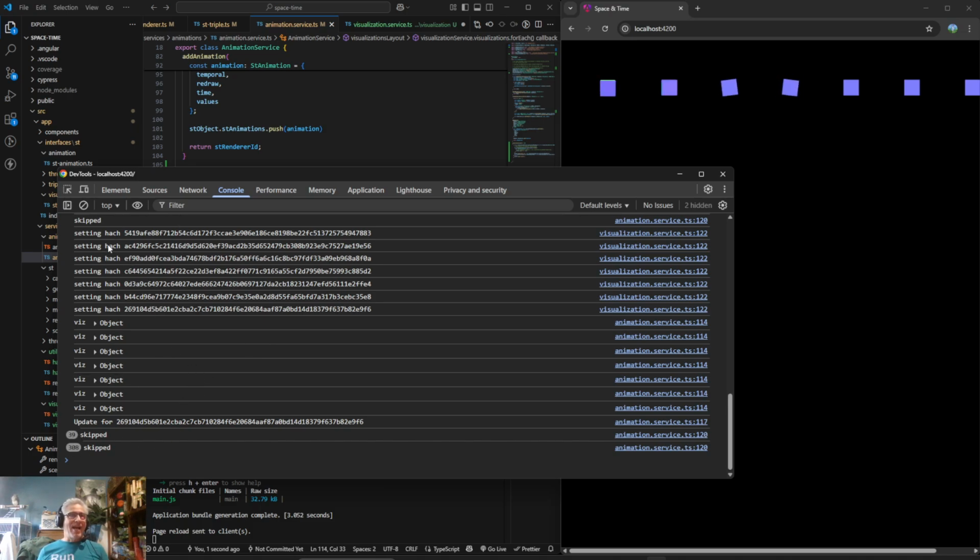Over here we set the hash. We set it, and that's fine. We can set the hash as many times as we want. And then this only happened the one time. It's when the hash was out of sync, so something had changed.